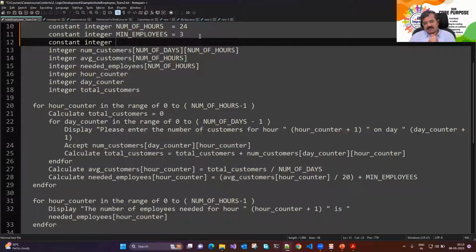कस्टमर लिमिट नहीं, कुछ और? मिनिमम कस्टमर्स। मिनिमम कस्टमर 20 तो नहीं है। कस्टमर पर एडिशनल एम्प्लॉय।